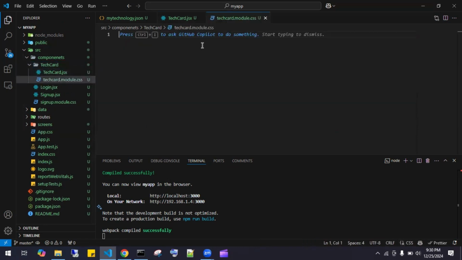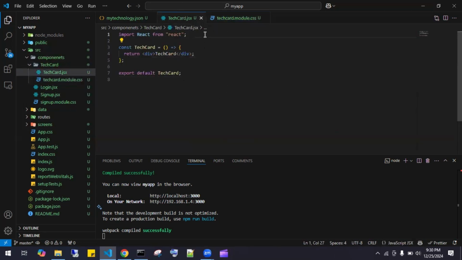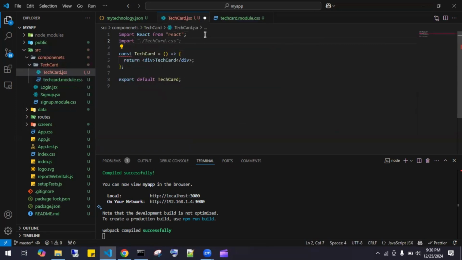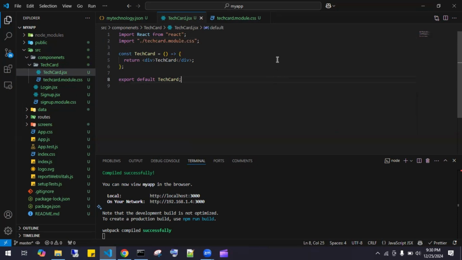Here, asterisk, double open, padding 0, so you know, right, this is like basic global CSS applied for the whole component, right? So here you can import that. What you'll do, you'll import techcard.module.css. Okay, so this is what we imported. So now let's see,